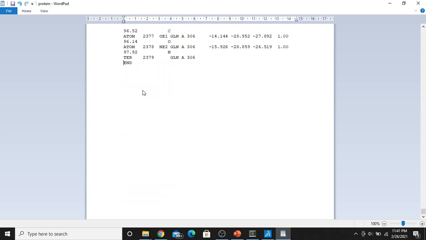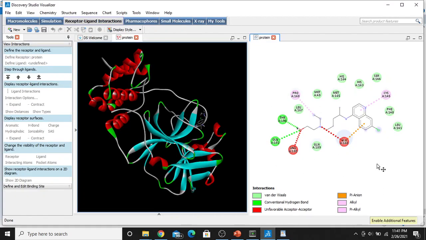So you just delete and then copy. Okay, you need to retrieve the ligand interaction diagrams for your paper. Okay, hope you got an idea about the docking with AutoDock.